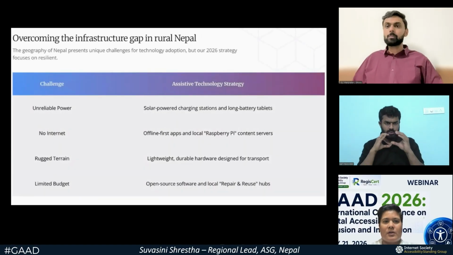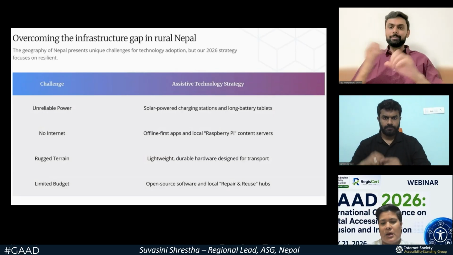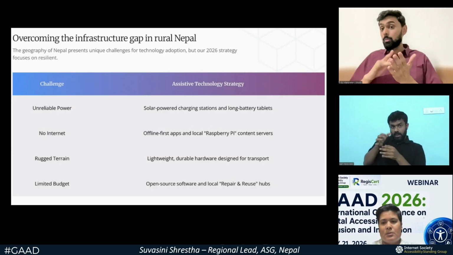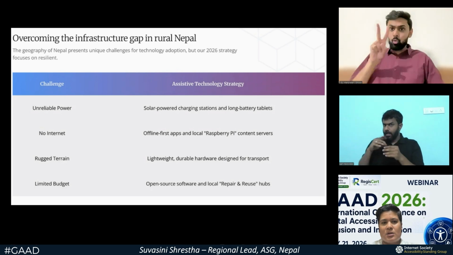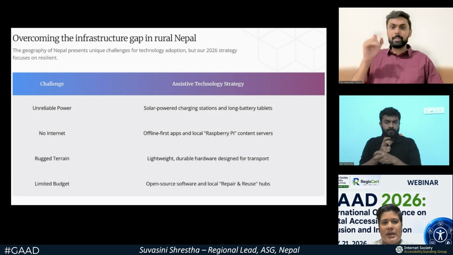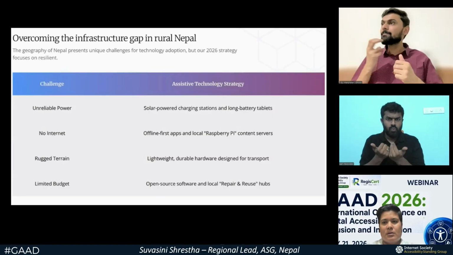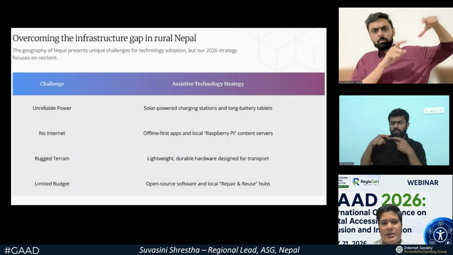So, overcoming the infrastructure gap in rural Nepal, our geography represents unique challenges for technology adoption, but our 2026 strategy focuses on different challenges. That is, unreliable power, which can be solved by solar powered charging stations and long battery tablets.